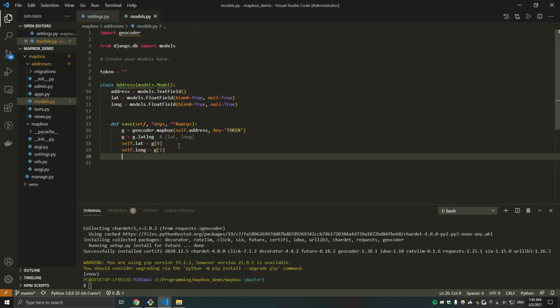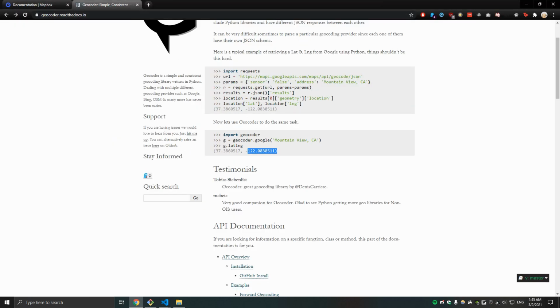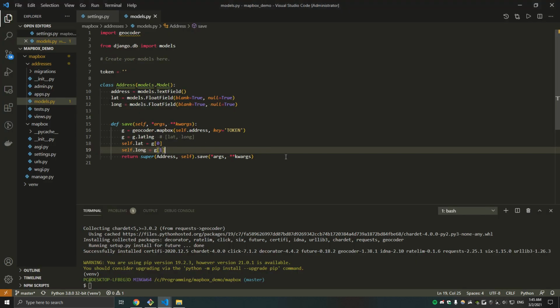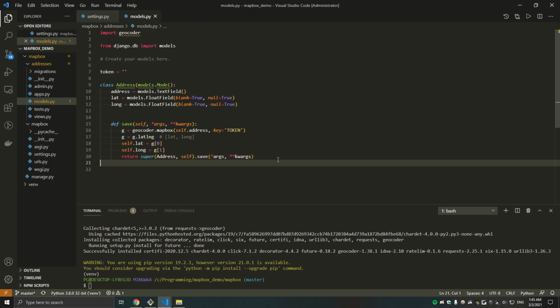And then return save arguments, keyword arguments. Or, I'm sorry, super, self. Okay, so